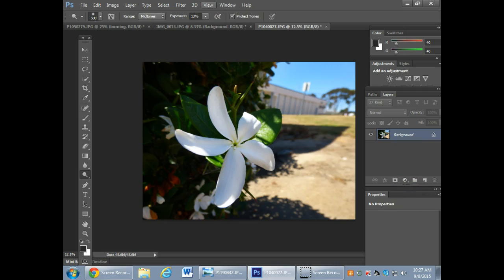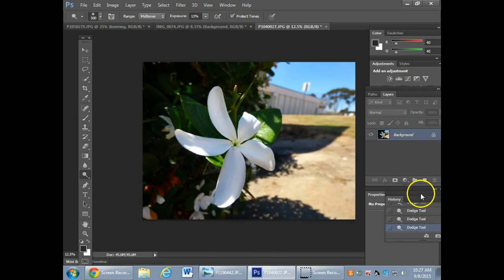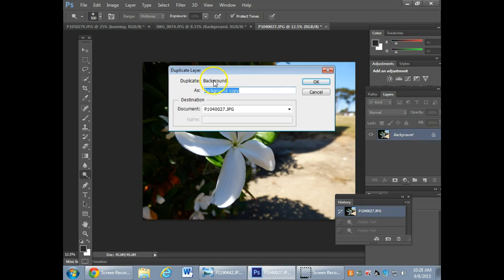So if we come back to our original history, I'll go back to the original and show you the original. There's the difference. Now, because I didn't duplicate that background layer, I have no way to turn anything on or off, which is what I should have done so that we can see that. So if I go back to where we were originally, duplicate this background layer, and call this dodging and burning,